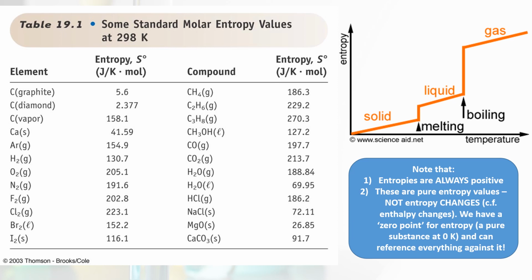And we can see a few key examples. You've got carbon as graphite or as a diamond in the solid state versus carbon as a vapor. In the gas state, you can see there's a huge increase in entropy there, because there's many more ways that our gas can be arranged. It can arrange all the particles in there, so that it's much more disordered, more random, and therefore higher entropy. We can also see, for example, liquid water and water vapor. The water vapor has a higher entropy than the liquid water for the same reason.